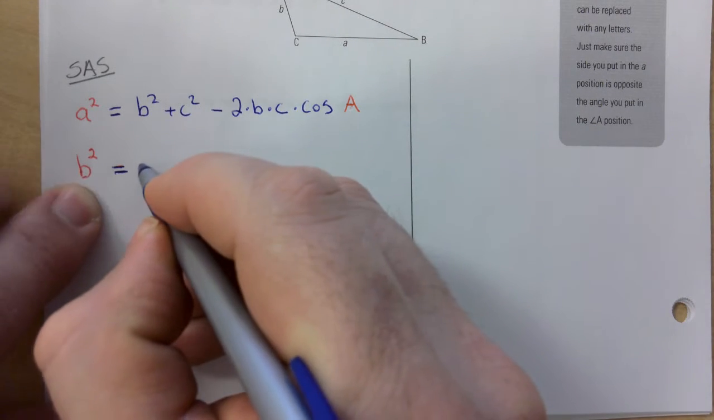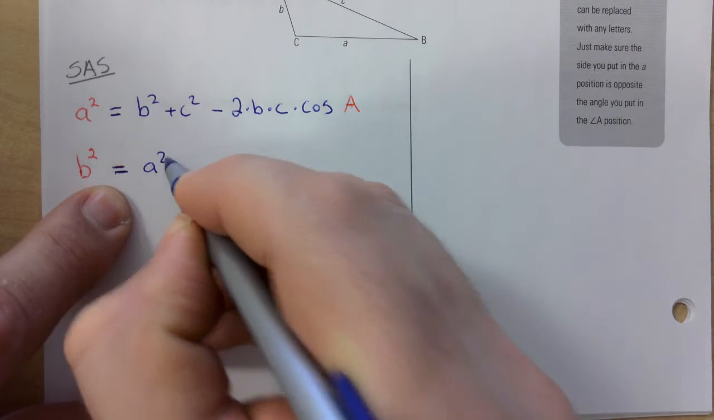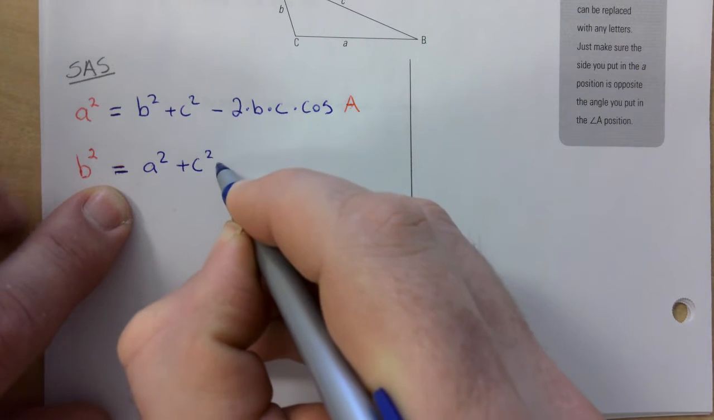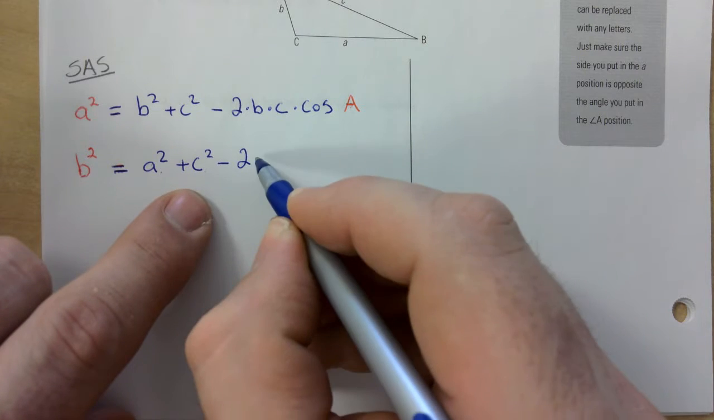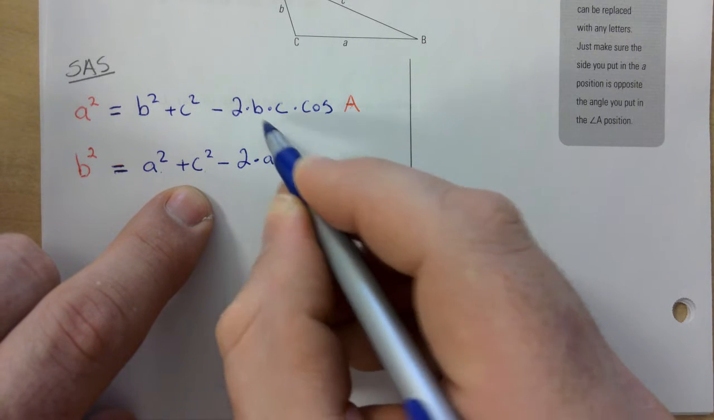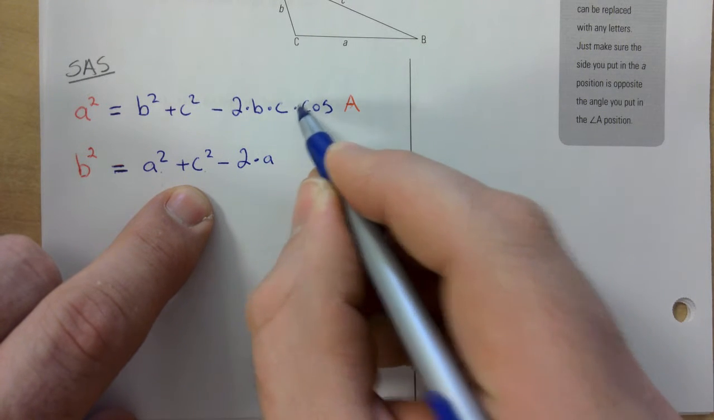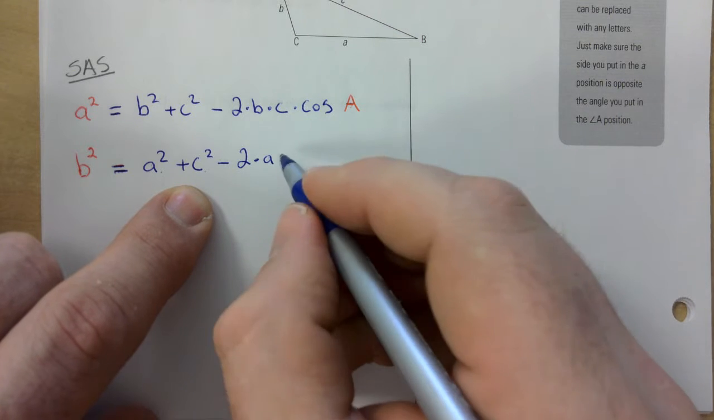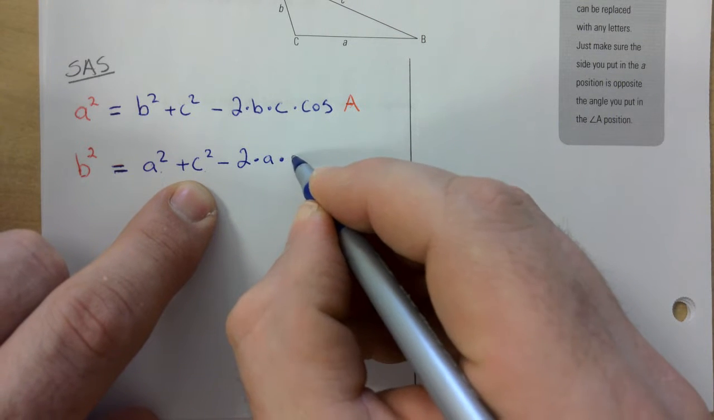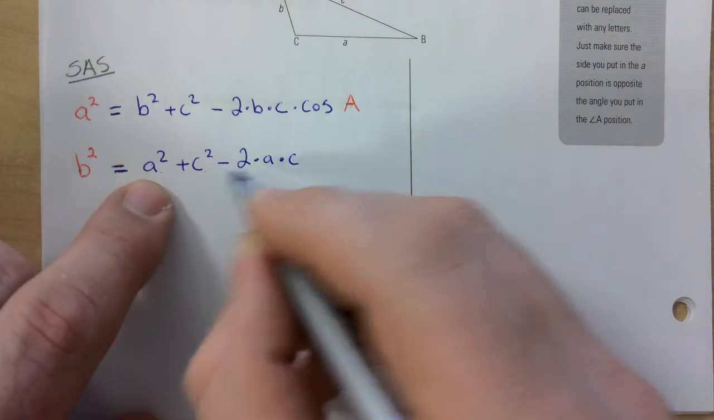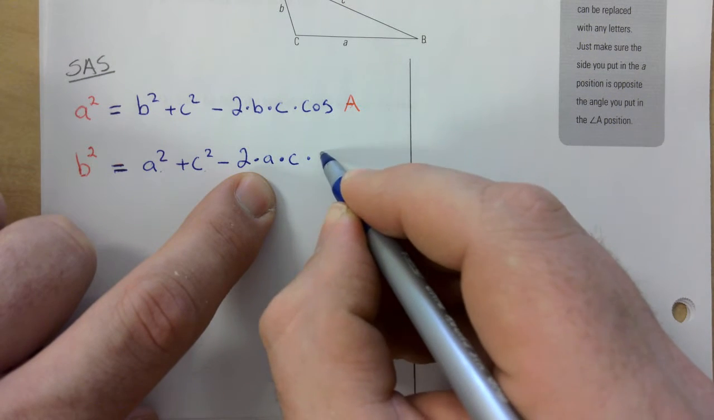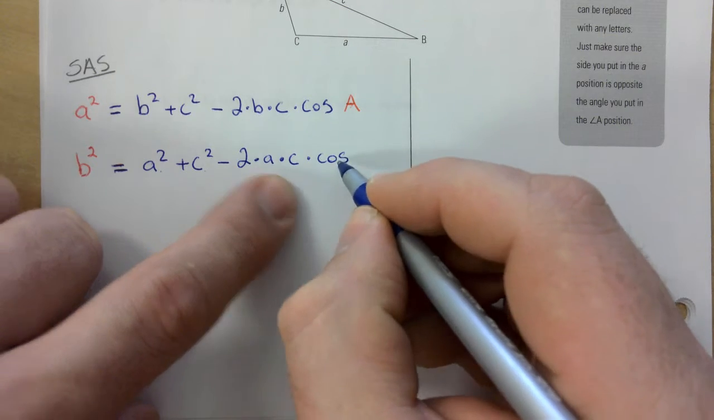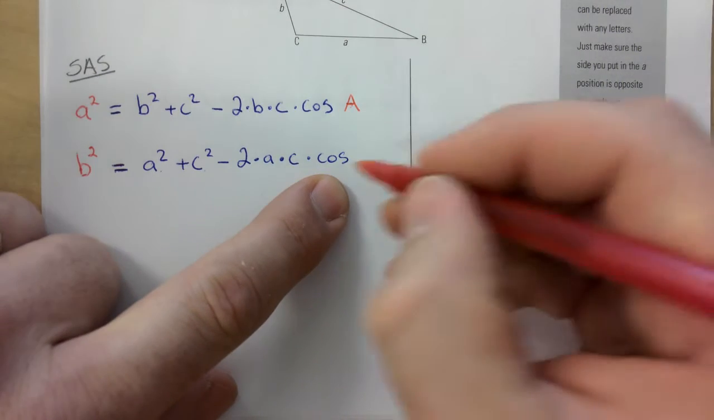On this side, you'd have a squared plus c squared minus 2, and watch, I'm going to use a and c again, times a. The dots represent times, by the way. I just want to make sure you have that clear, okay? 2ac, which is just following this pattern, you multiply them here, times cosine, that never changes, but now it's going to be angle B,